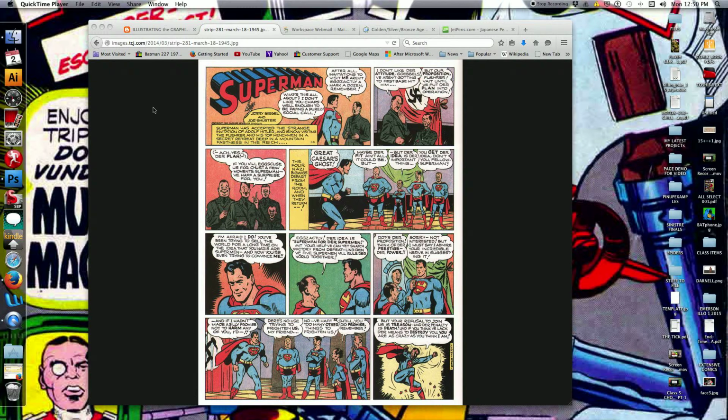Early comics reflected that. Take a look at this page here. This is an early Superman. I believe it's a comic strip, but it still utilizes the same example. We have here what should be a pretty fascinating story. Adolf Hitler, Nazi Party, World War II, actually dresses up in a Superman costume for this one. And yet, despite that, the generic placement of the characters kind of makes this a little on the boring side,